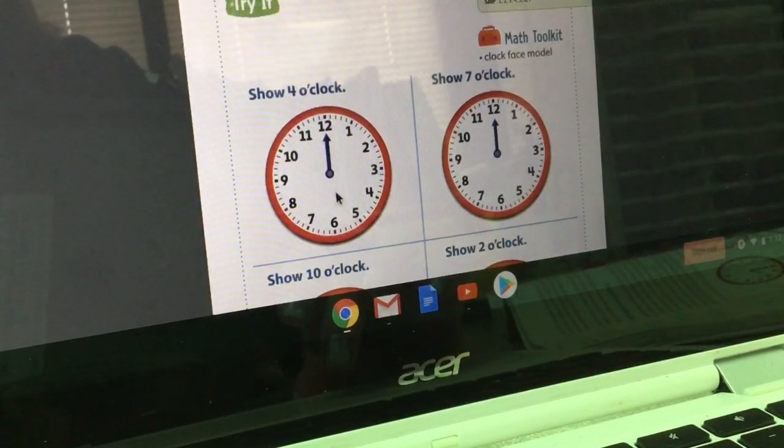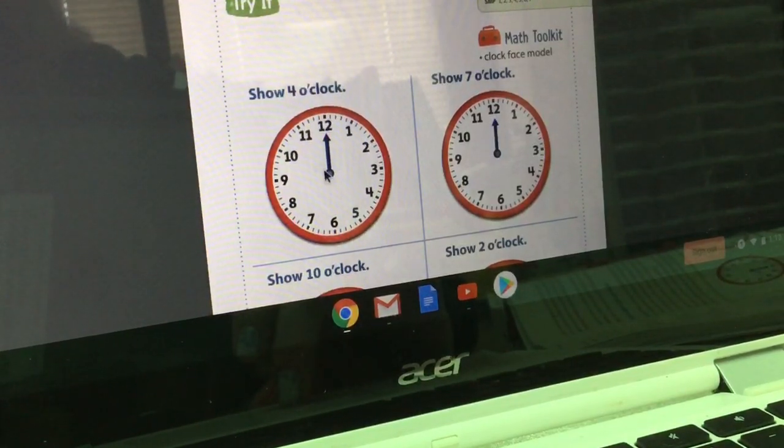So taking a look at the features of one, we know that the long hand is our minute hand and the short hand is our hour hand. Now our short hand is missing from this clock, which is what we're going to be working on putting into our clocks today. So to show 4 o'clock, as it's asking us to do for this problem, we notice that